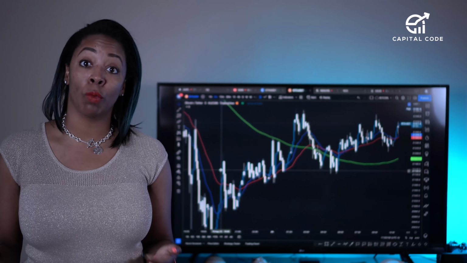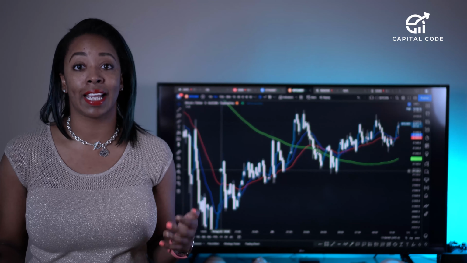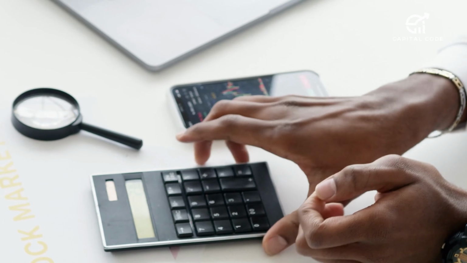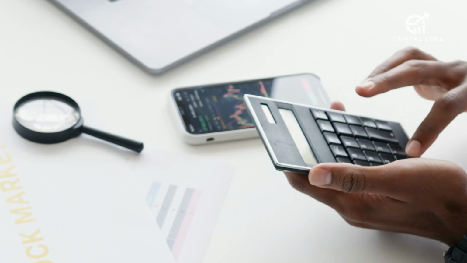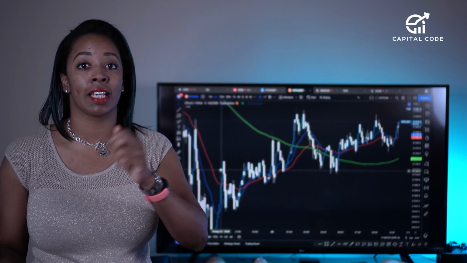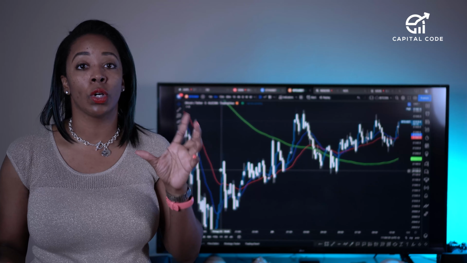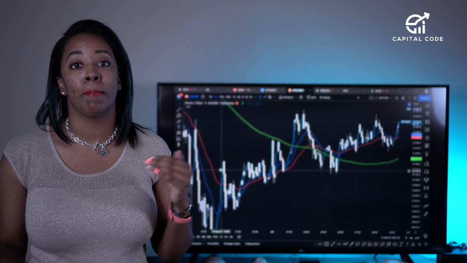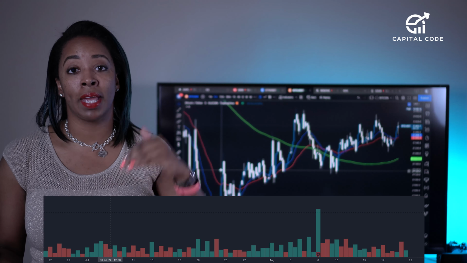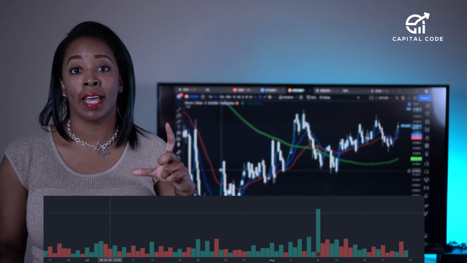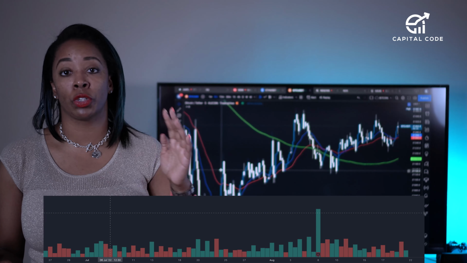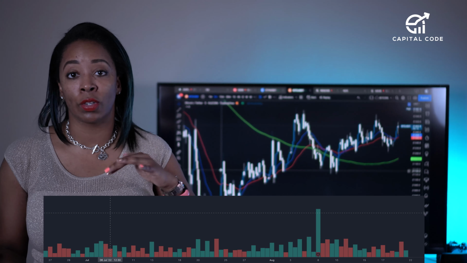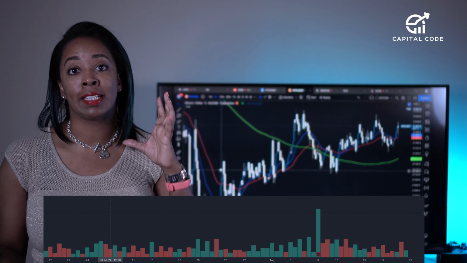Another thing that I like to look at when it comes to technical analysis is looking at the volume. So volume is very important because it shows you how many transactions are happening. Like I said before, anytime there's a buyer, there must be a seller. Anytime there's a seller, there must be a buyer. So there are a lot of transactions happening. And if you see a whole lot of selling happening, basically you'll see a lot of volume and it'll look red on a chart. And when it comes to a lot of buying pressure, you'll see really tall volume bars, but then it'll also be green to let you know that there's a lot of buying pressure happening,